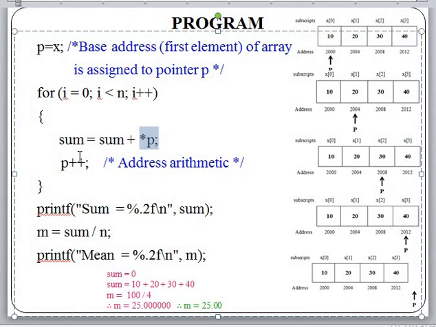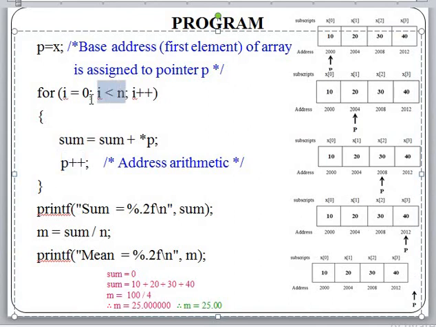60 plus 40 is nothing but 100. Then what happens? The pointer advances to p plus plus. Because of that pointer advancement, 2012 is the current location. From there it advances to the plus 4 location, which is not actually available in the array, but the array will be having an address. In that location it may have some garbage value, but it is not our interest. So while going back, i is incremented.